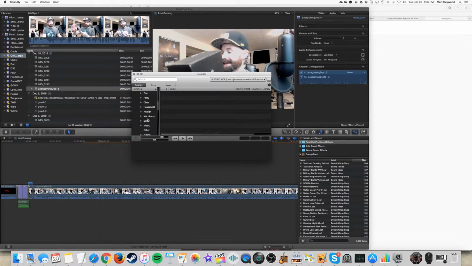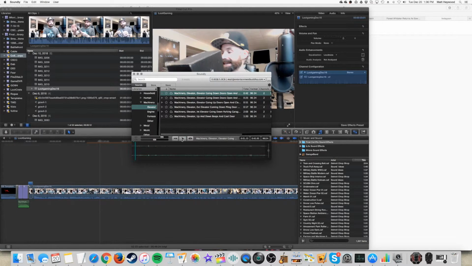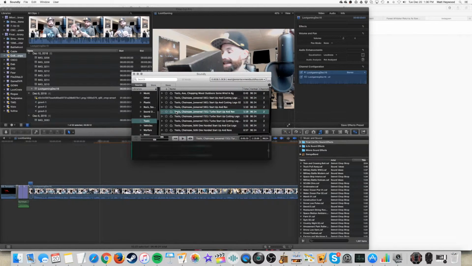So as you can tell, Soundly is purely cloud-based. While you install the application, all the sounds, for the most part, live in the cloud. And you can search their extensive library, which for the paid version of Soundly contains 6,000 plus sounds, plus access to Freesound, which adds another 100,000 plus sounds for you to use. So plenty of sound out there for you editors that want to add a little pizzazz, a little more flair